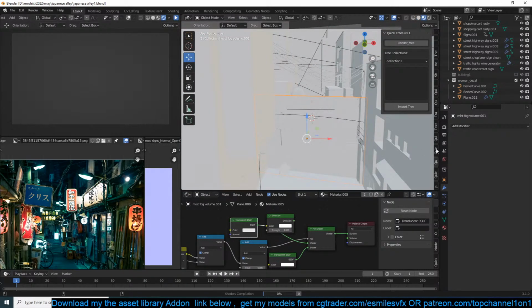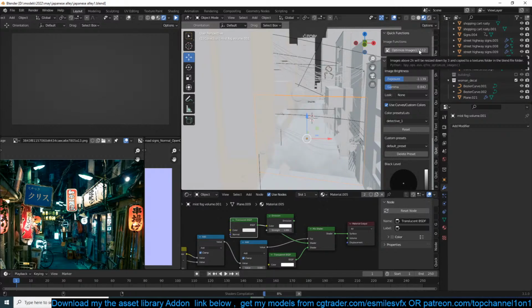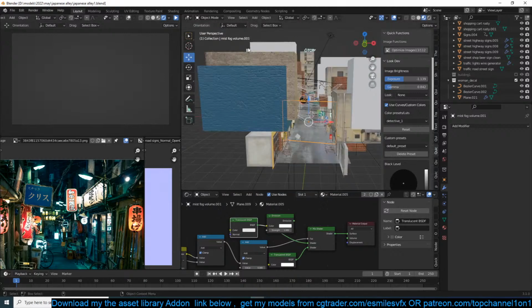The add-on also tells you how many images you have in your scene that are above 4K. So you can see I have 13 out of 121. The 13 images are above 2K. If I hit optimize images, it will shrink them down.